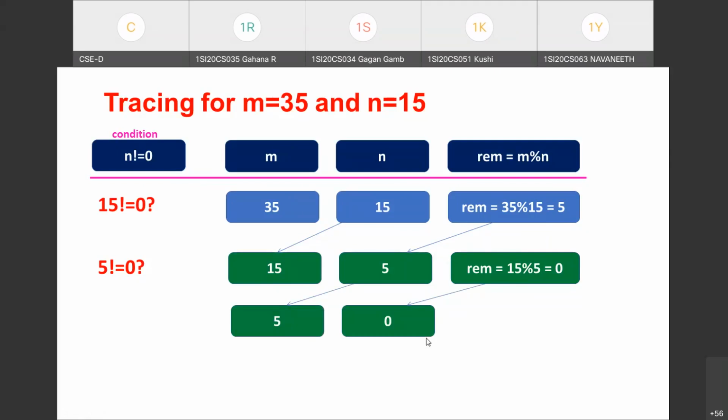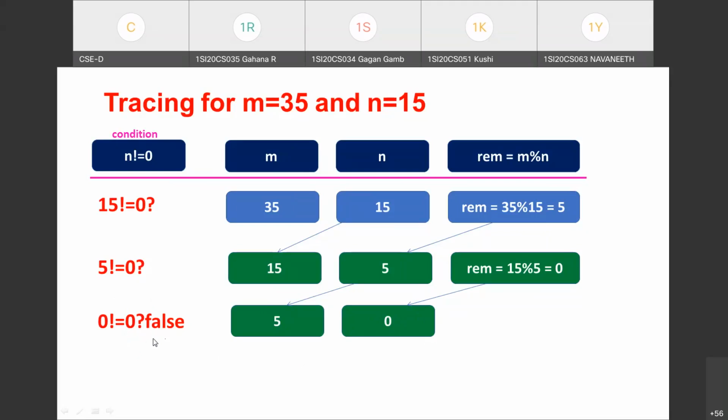So now after these updations, control will go to the beginning of the while loop to test the condition: is 0 not equal to 0? So what is the n value? It is 0. We are testing it with 0. At this point, the condition fails. 0 is equal to 0. Since the test condition fails, control comes outside the loop.